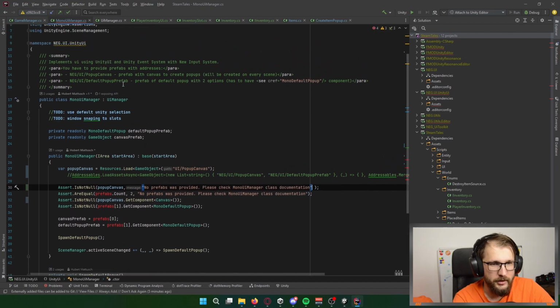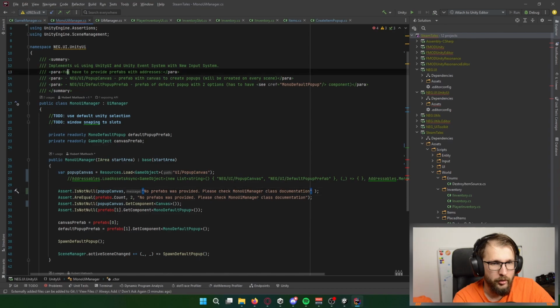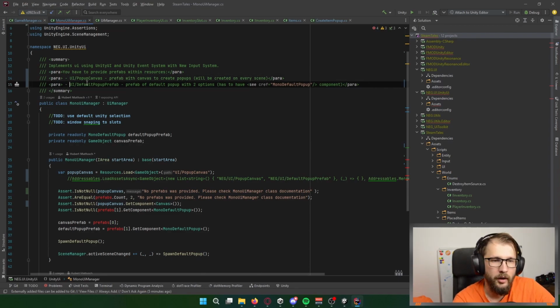Let's create this message. You have to provide a prefab within resources. So it's within resources, and now I have to make it like a UI pop-up canvas, that is a prefab with a canvas, which creates pop-ups and will be created on every scene. And of course a default pop-up prefab, that is a prefab of a default pop-up with 2 options, which has to have, of course, the MonoDefaultPopup